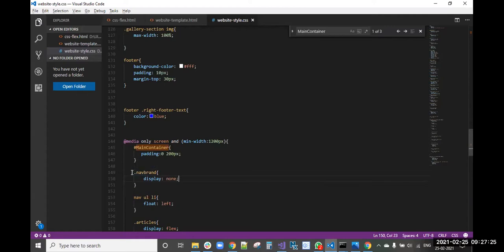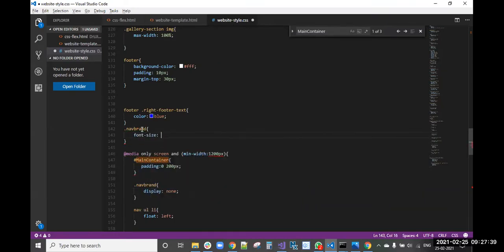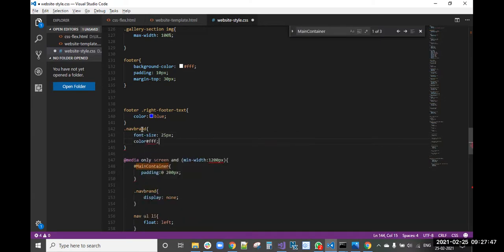And I will write the CSS for that now. For the nav brand, font size, we need to apply the font also. Font size some 25 pixels will apply, and color also, we need to apply white color.